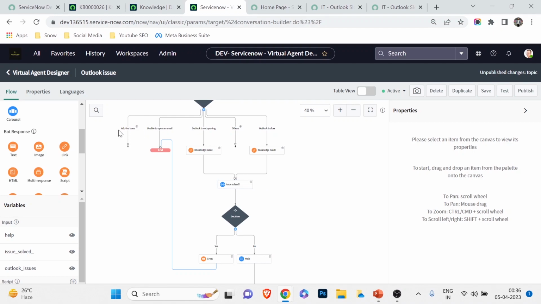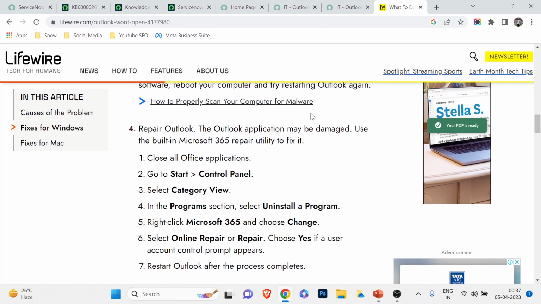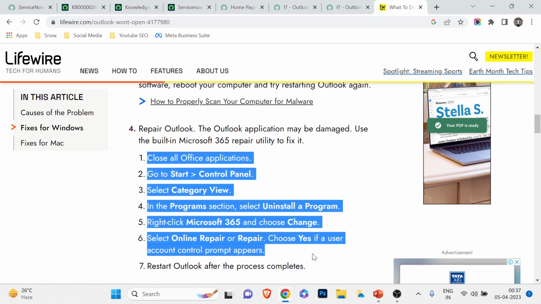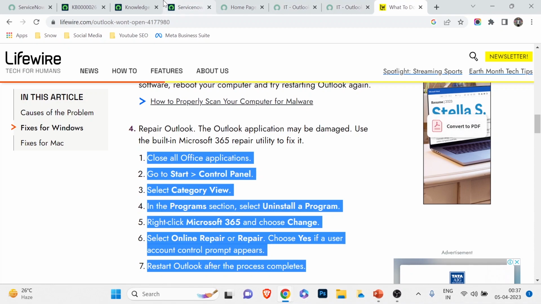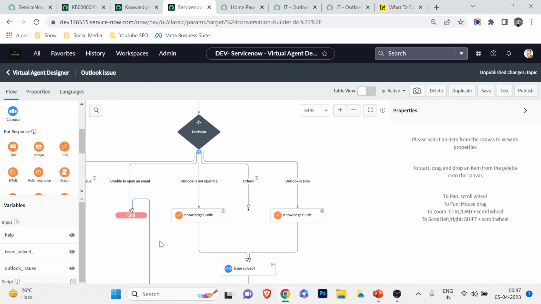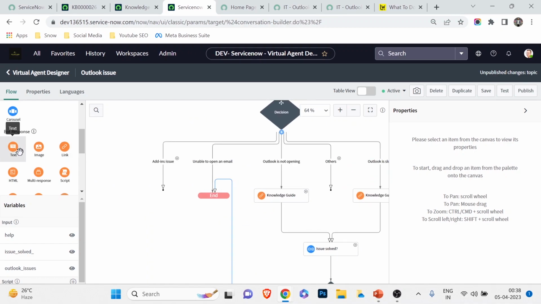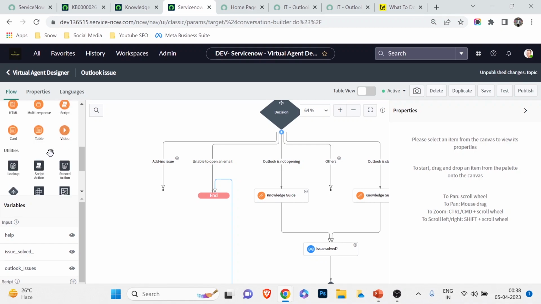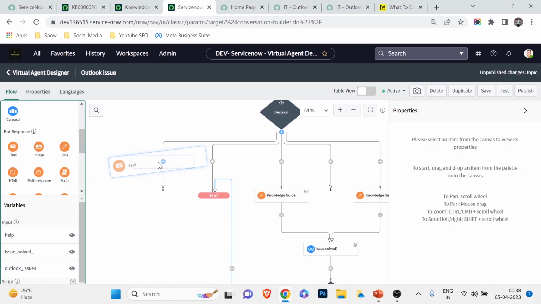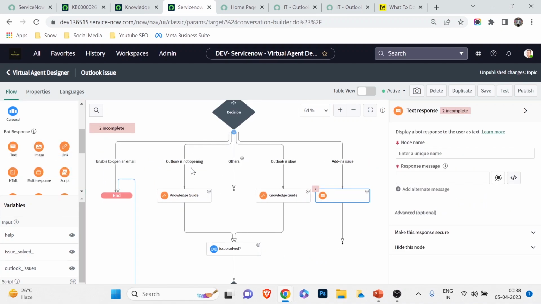Okay. And for the add-ins issue and unable to open an email, like I said, I'm going to put some manual things. So for the unable to open an email, what I'm going to do is that I found something from the internet. So I'm going to copy these steps simply. This is another way I'm showing how you can guide the user. So unable to open Outlook. I'm going to add this as HTML image scripting. Normally I can also give text. So let me give the text this time and